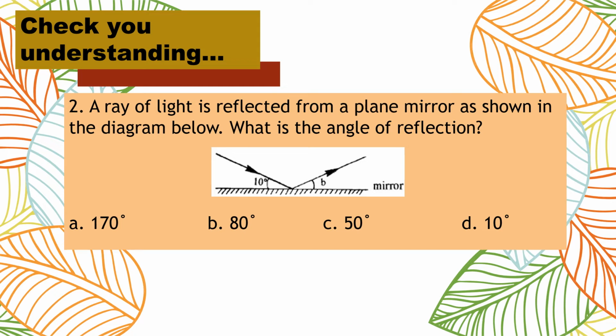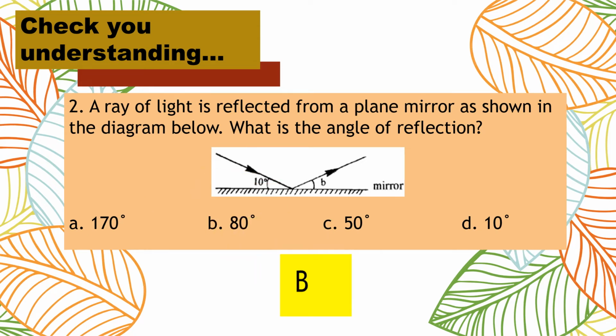But the question goes like this. What is the angle of reflection? Okay, where does the angle of reflection start? Does it start from the mirror and then the incident ray? Of course, no. It starts from the broken line. It starts between the broken line and the reflected ray. If you have 10 degrees here, what is the angle of reflection? Okay, the answer is